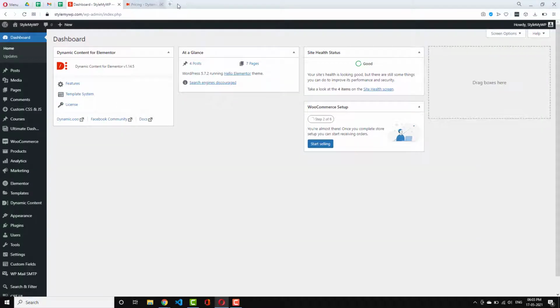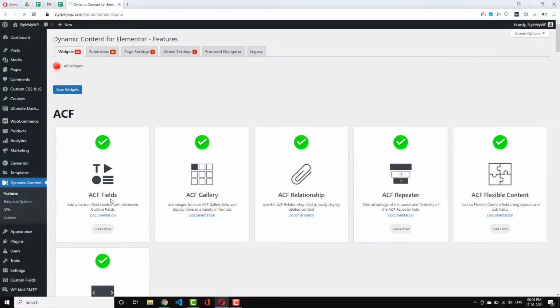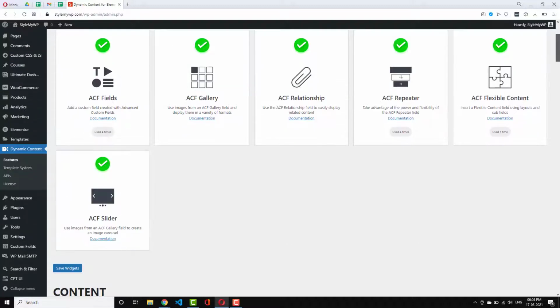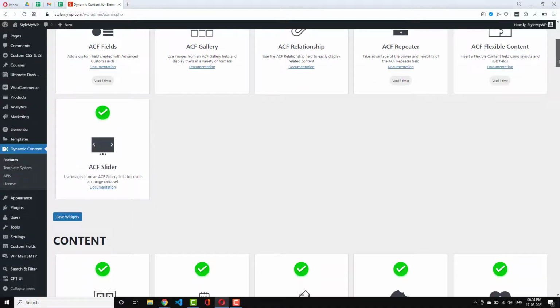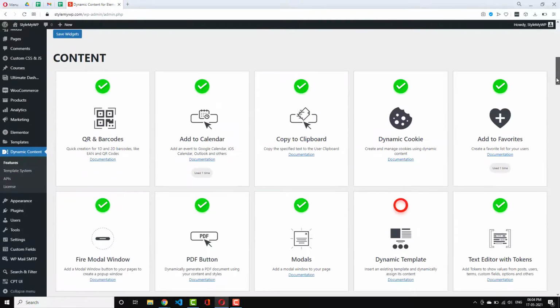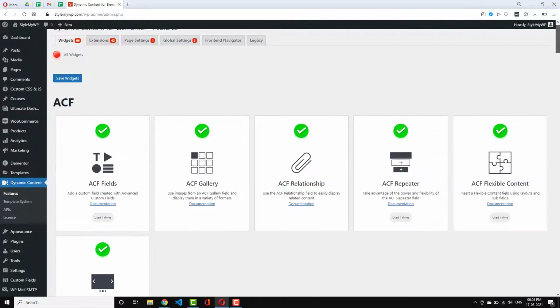So let's get into the widget. First of all, when installed, you will see this Dynamic Content menu icon on your left hand side, and here you can manage all the widget extensions and global settings. You can enable or disable any widget that you want depending upon your need. If you don't want to use any widget, you can just disable it from this dashboard, and it will affect